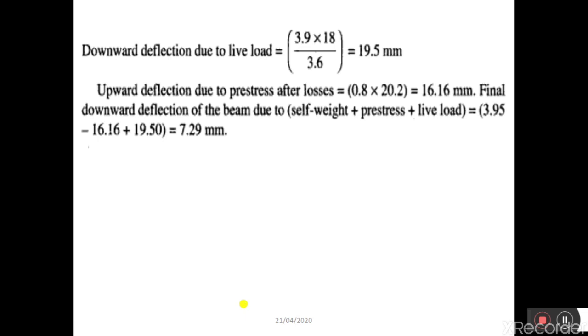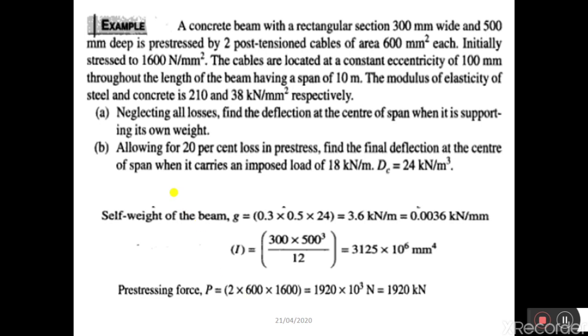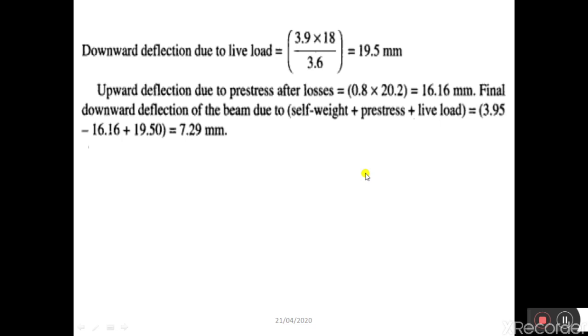Now coming to the second case. What is the second case he has asked? Allowing for 20% loss in the prestress, find the final deflection at the center of a span when it carries an imposed load of 18 kN per meter. So now the beam is also subjected to a live load of 18 kN per meter. So to calculate the deflection due to live load,